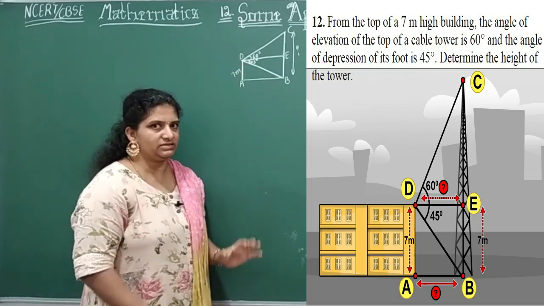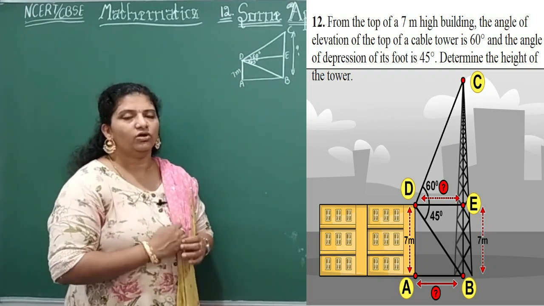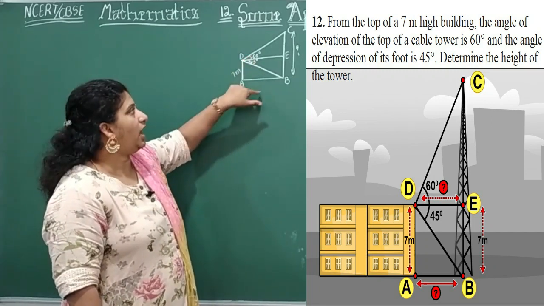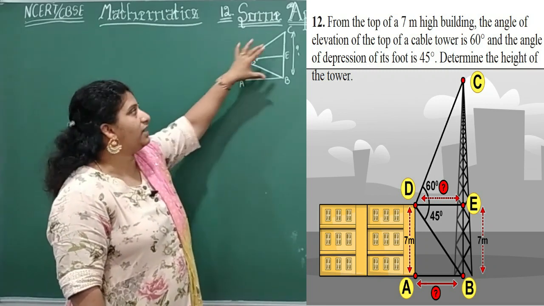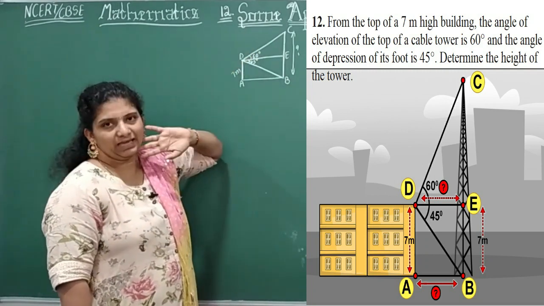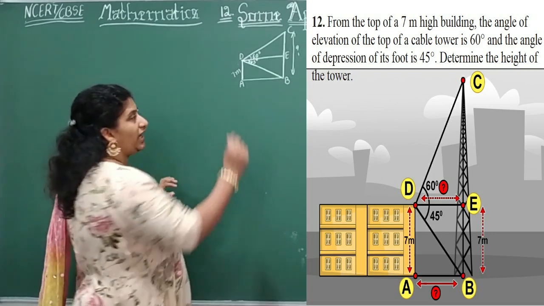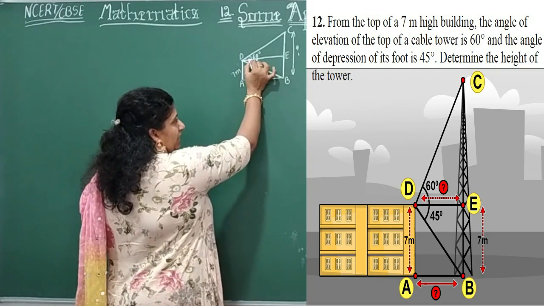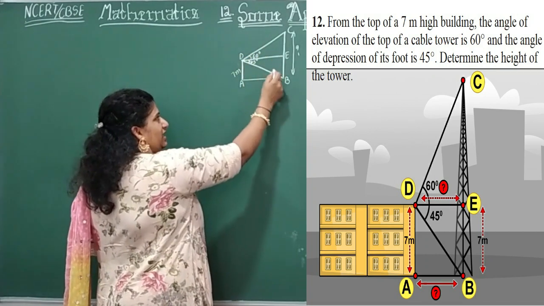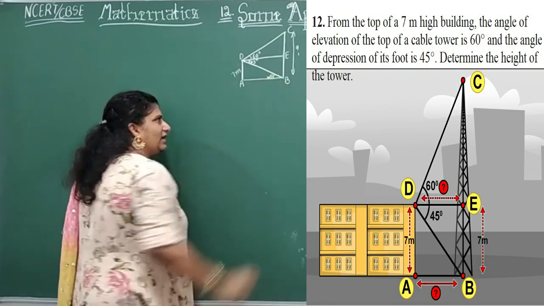Let's start here children, and before starting you should identify the ratio. Which ratio? The angle is here, but I know this one, I don't know this one. So this is in no way concerned with this angle. Yes or no? So what do I need to do? Look here carefully. Depression, right? So this is between two parallel lines AB and DE. So I will write the angle here as 45 degrees.